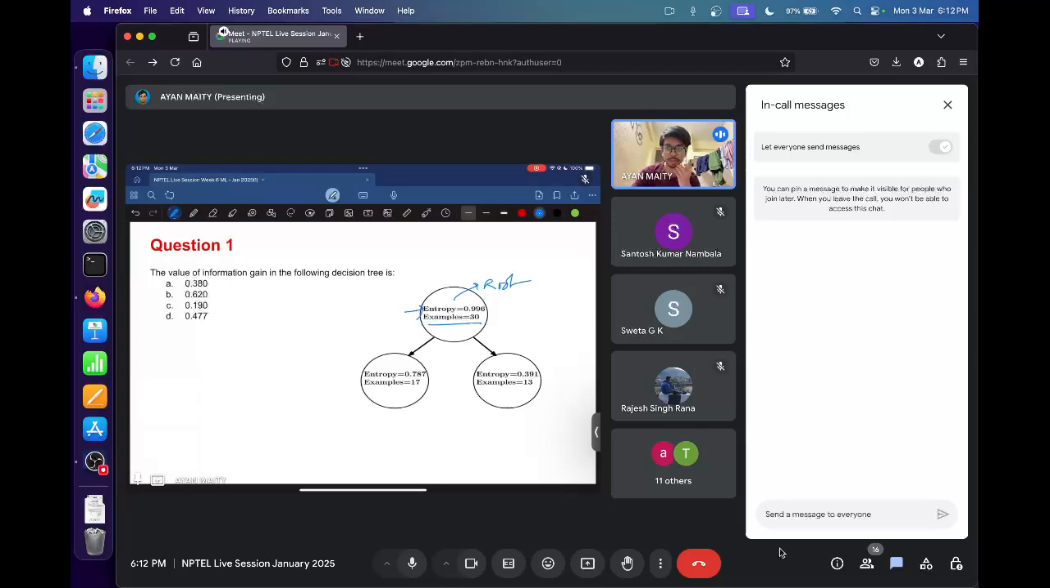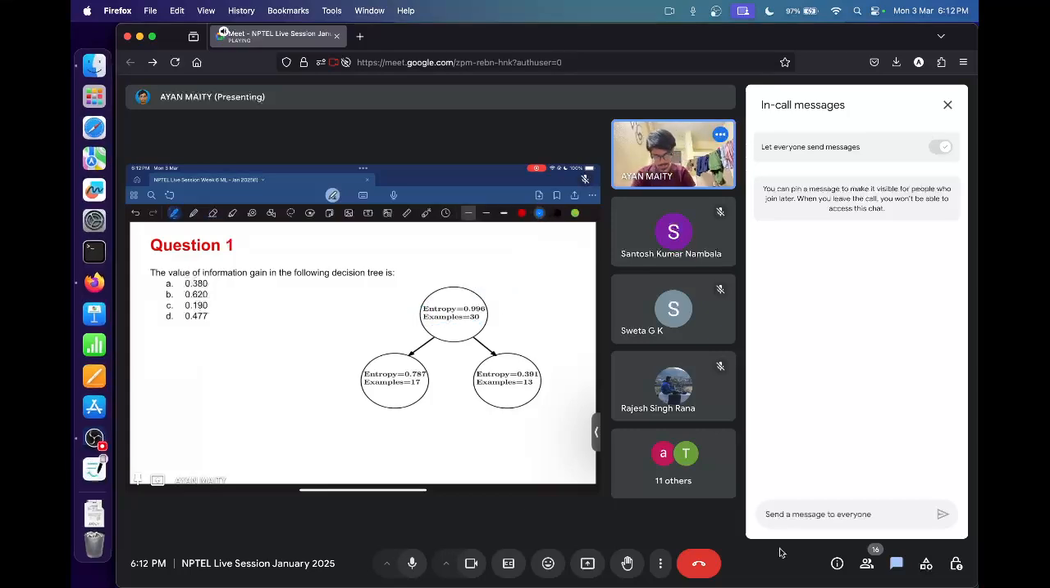So there is no answer in the chat yet. To find out information gain, let me denote this root node as S, the left branch as L, and the right branch as R. From S we are getting two branches, L and R. This is a split. So information gain due to this split can be written as the entropy at the root S minus